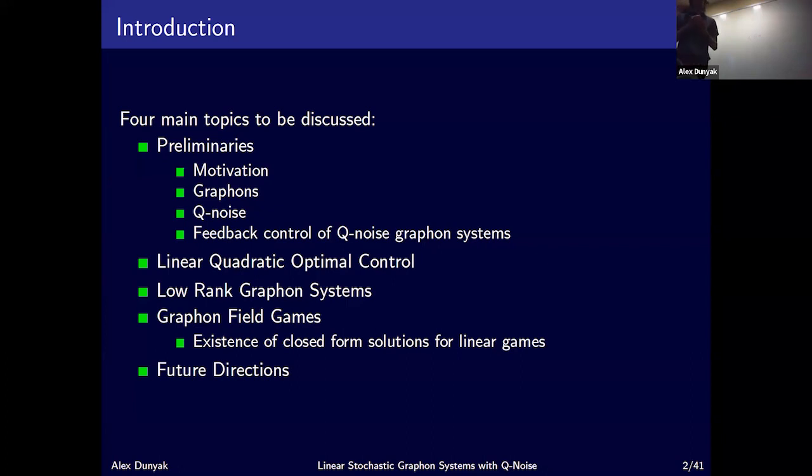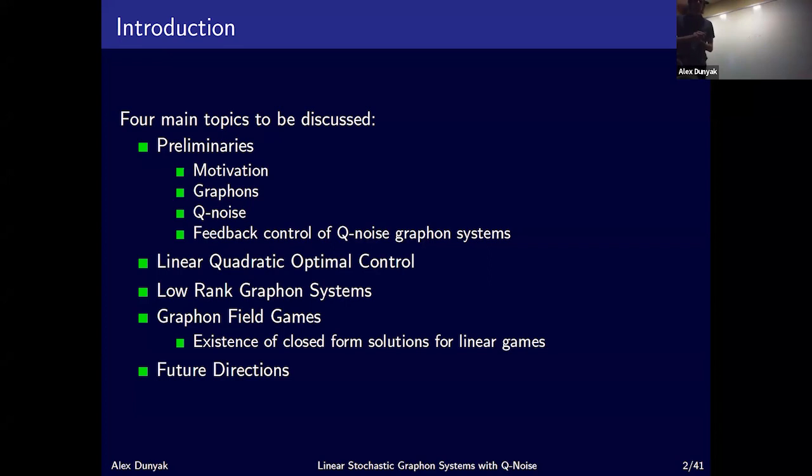And how do we add stochastic noises to these networks? And this introduces what we call Q-noise. And finally, we'll overview some results that we had in the 2022 Conference on Decision and Control, where we had feedback control of these Q-noise graphon systems. So from there, we're going to introduce some new research into the linear quadratic Gaussian optimal control of these